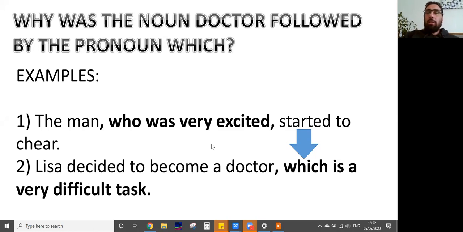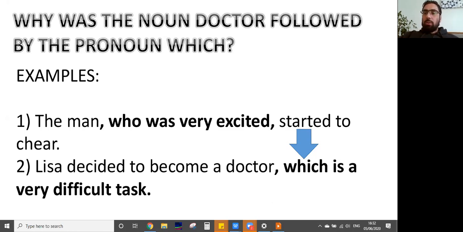Becoming a doctor is a very difficult task. So we're using which. When we comment on the whole of a clause, we do not use who. We use which. Okay, so this is a very easy way of using a non-defining relative clause to make a